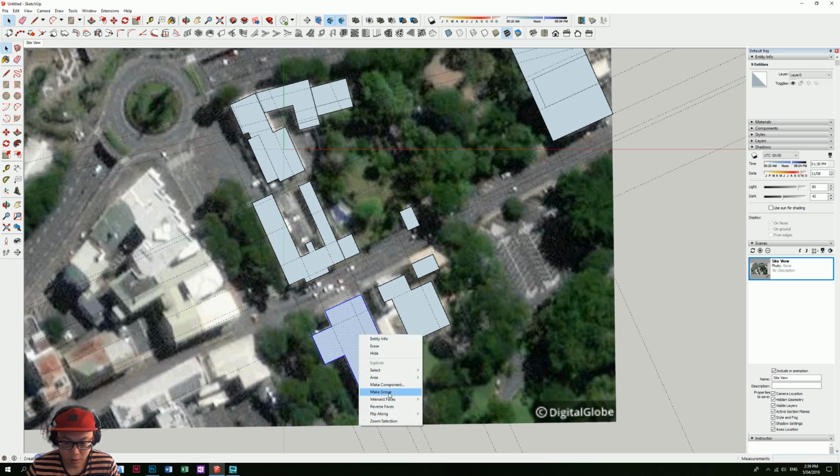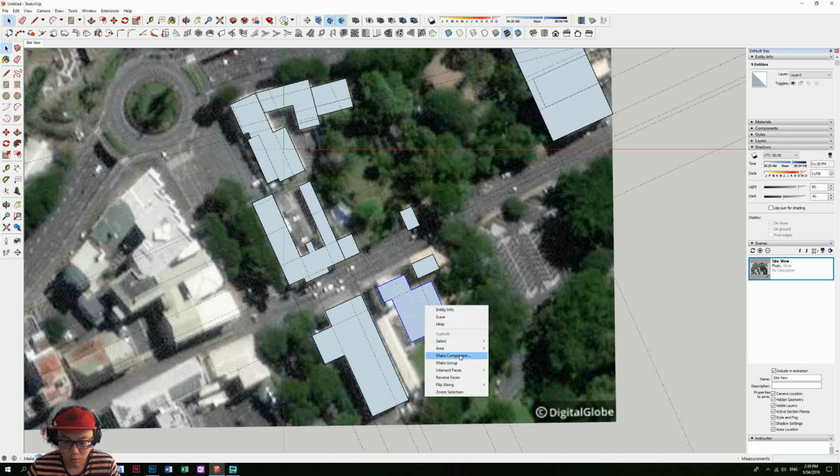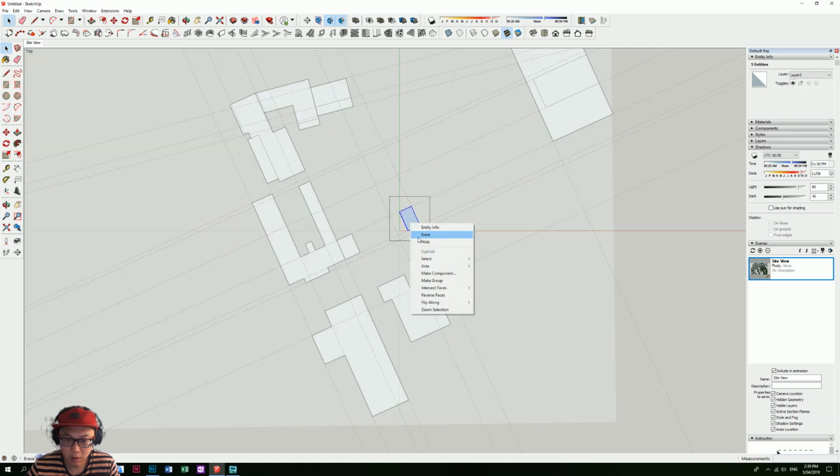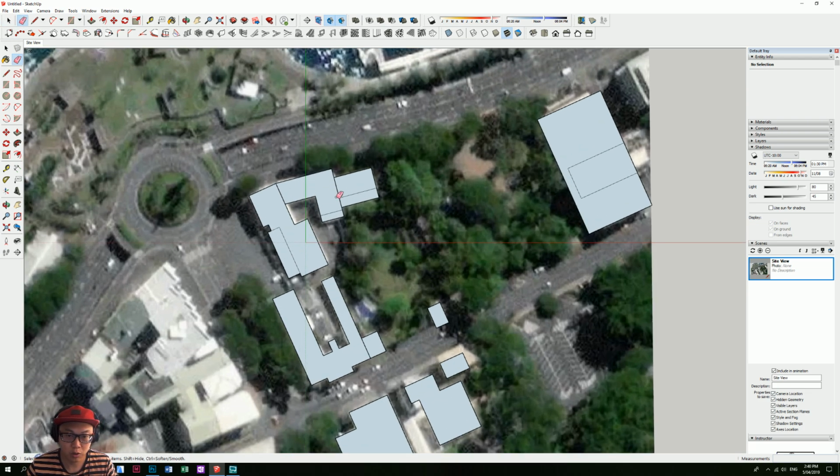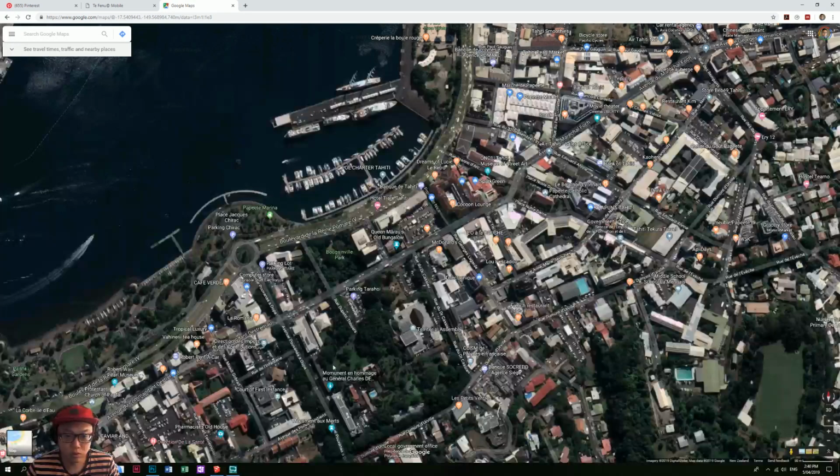Okay, I think it's triple click, so I'm gonna make a group, my group, and now I'm just gonna select all those guidelines, just clean up everything, and I'm just gonna extrude a little bit. If I go back to